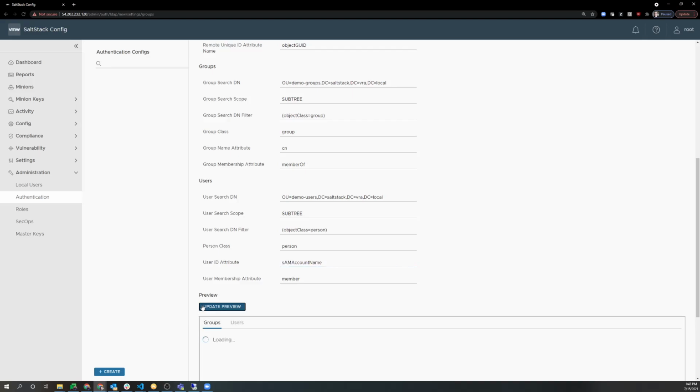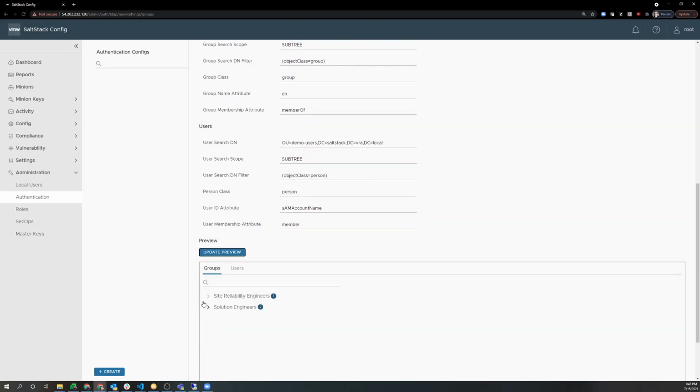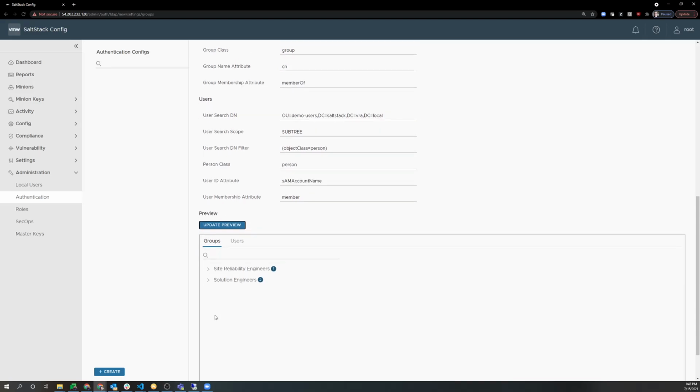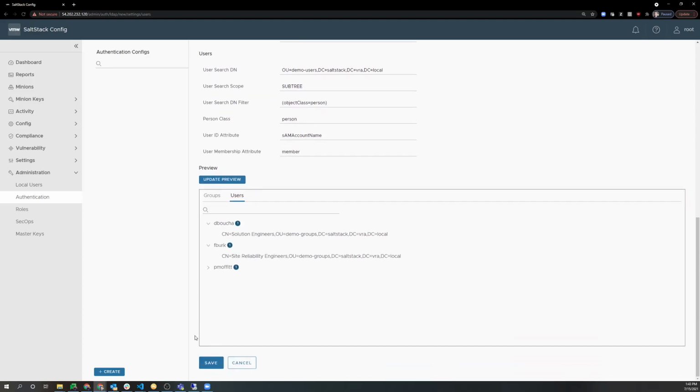Clicking on Update Preview should come up with results if we were to do things right. It won't necessarily communicate feedback to you very specifically. It does give me the option to roll things down so I can see the DNs. In this case, I see that there are 2 solutions engineers here. We can look at their identity. Again, we support nested groups and things like that. So we can roll these things down to make sure that those things meet our specifications